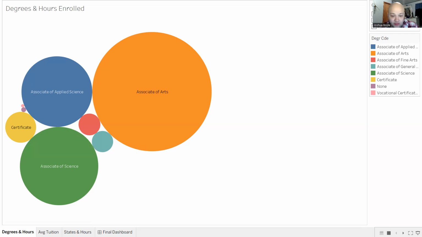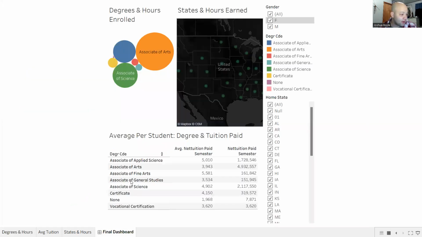Additionally, the use of the color and labels can help further enhance the visual representation of the data and provide additional insights. So as you can see, it's there, and then it's in my final dashboard as well. We have some different filters we can play with. I did a gender filter, so male and female. Pretty self-explanatory there. It's kind of cool. You can just scroll over them and see exactly what's going on with each particular degree and the hours that